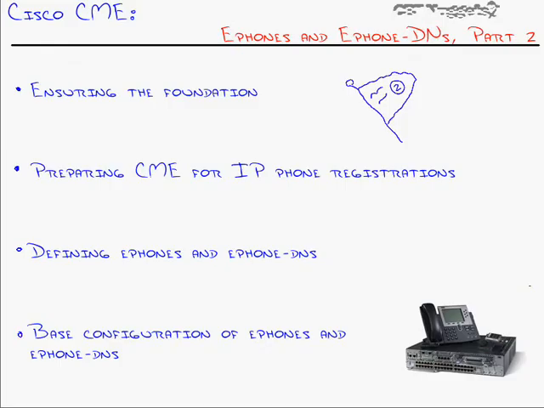So till then, we have now defined ePhones and EPHONE-DNs. We've gone through the base configuration of the ePhones and EPHONE-DNs, but in the next nugget, I'm going to start coloring in all of the stuff around that and look at the possibilities using the button commands of overlay, of monitor mode, what all these different